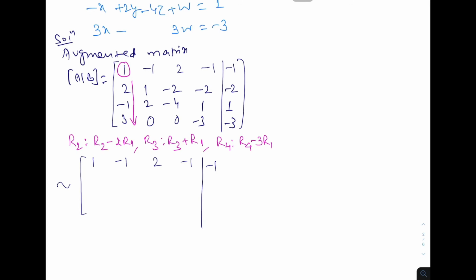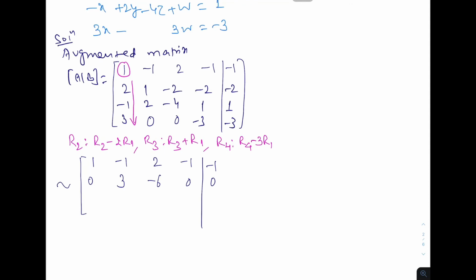Then now multiply with -2 here and add here. So this is 0. -2 multiply, so this is 2 plus 1, so that is 3. Then multiply with -2, so -4 minus 2, so that is -6. Then multiply with -2, so this is 2 minus 2, so that is 0. Multiply with -2, so that is 2 and -2, so that is also 0.